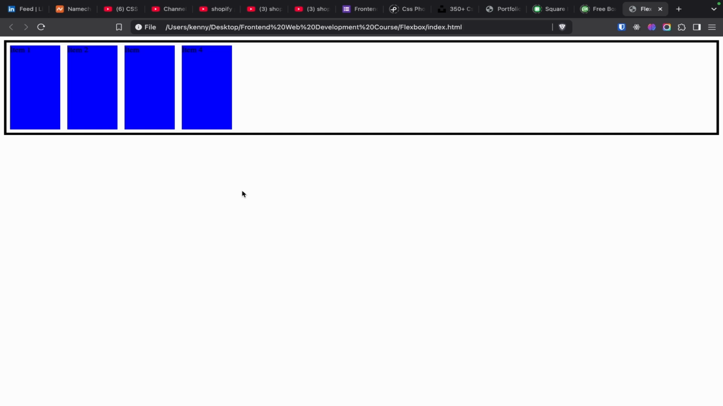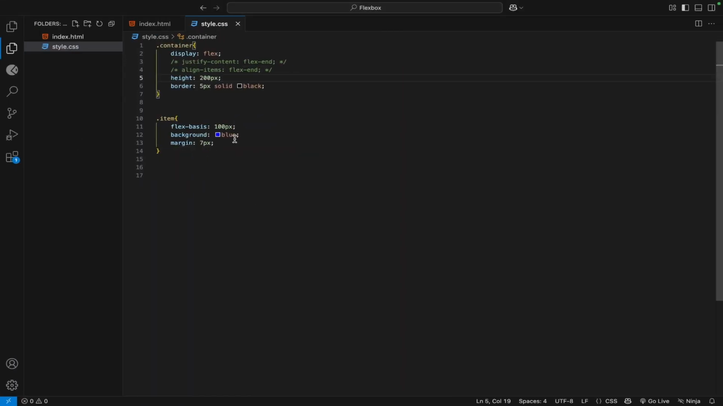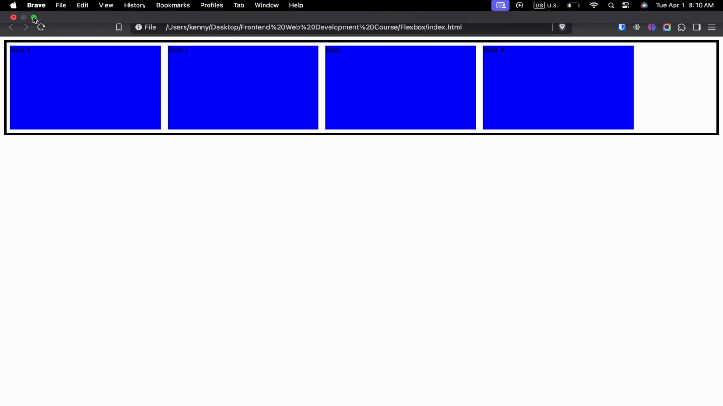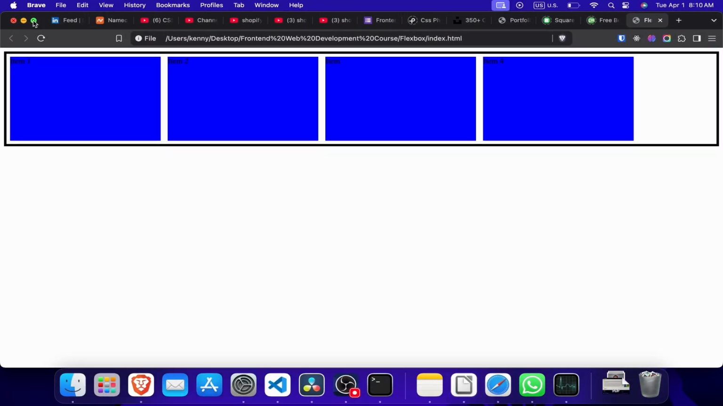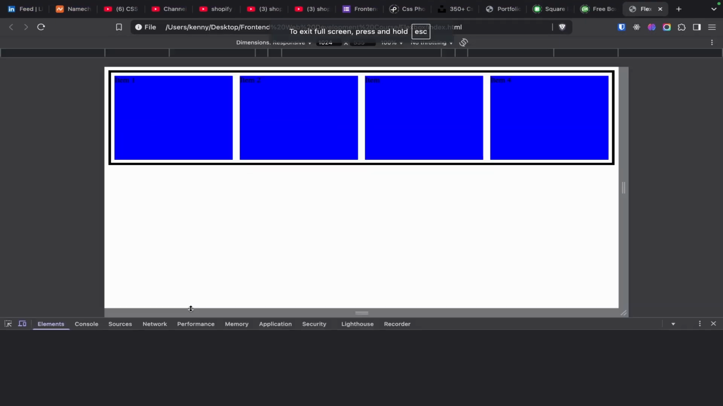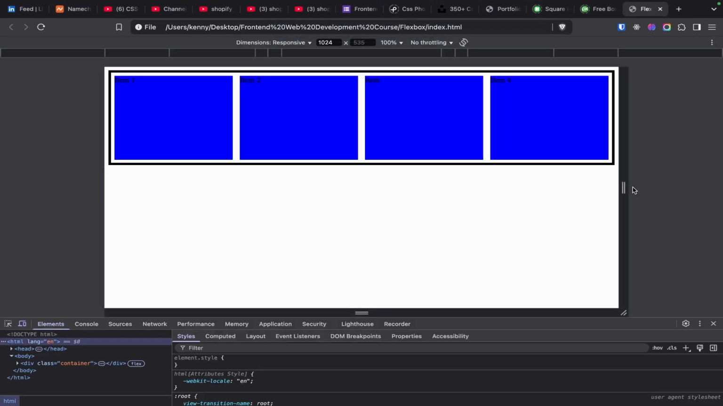In the good old days, people would typically create a different website for laptops or desktops and a different website for mobile. But now CSS has evolved to the point where we can make our websites optimized for both mobile and laptop view. Now, observe this. First, let me increase this flex basis to say 300. If I inspect and check the mobile responsiveness of this,